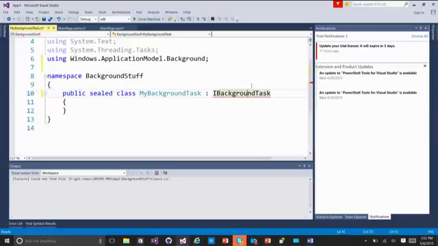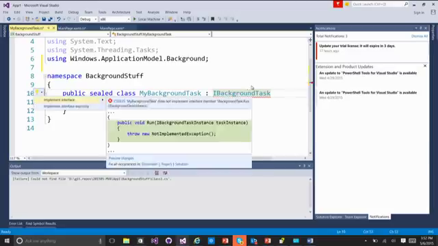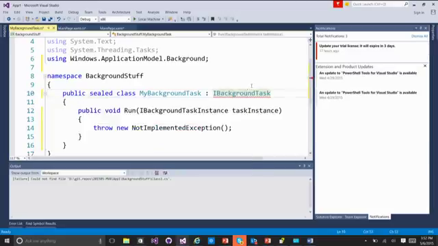So the class that you have in your background component implements the IBackgroundTask interface, and it only has one thing that you really need. In this case, it just has Run, right? That's it. When your background task is invoked, it runs this. You put all of your logic here. Remember, don't put UI logic here. That's the one thing you can't do, but you can do pretty much everything else. So here I might